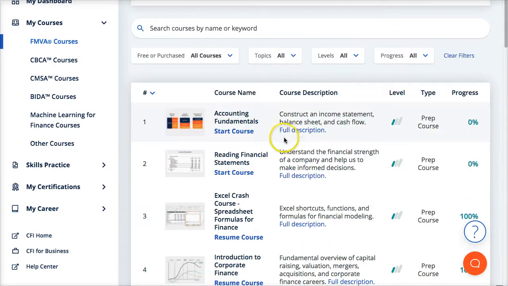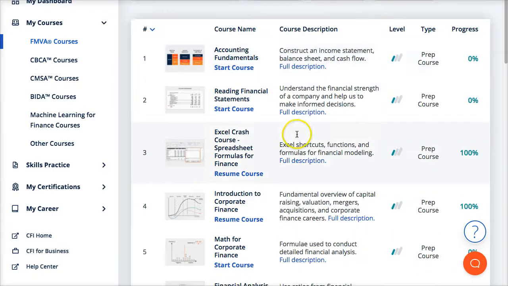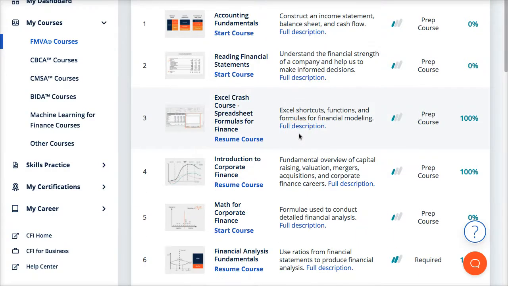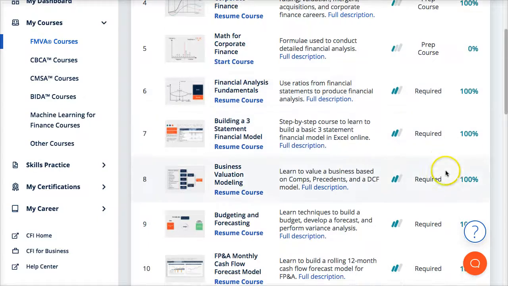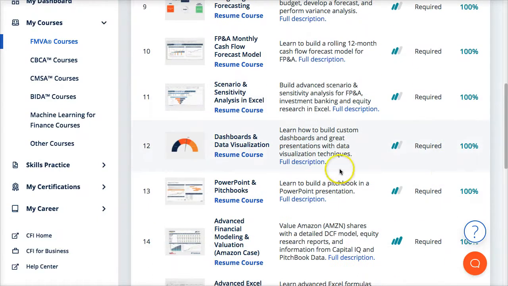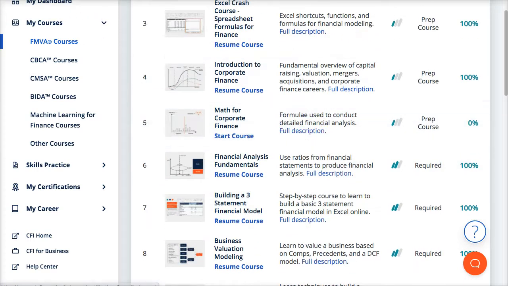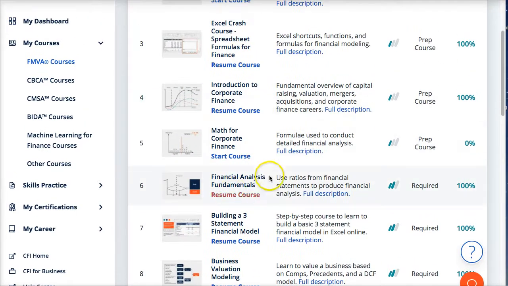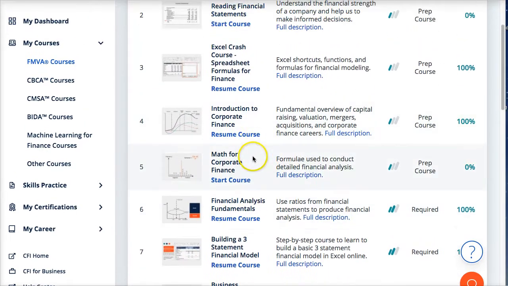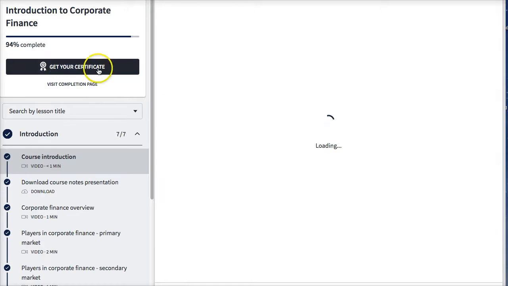I've been working on this as well. Just to let you know, I've taken the courses and I've completed a number of courses at 100% level because I wanted to review the courses completely before I assigned them to you. And how the courses basically work is when you start a class, and this is my dashboard, yours might look a little differently. Say here's the Introduction to Corporate Finance. When you start a course, and this is one of the courses you're going to be doing in the class, they're going to have